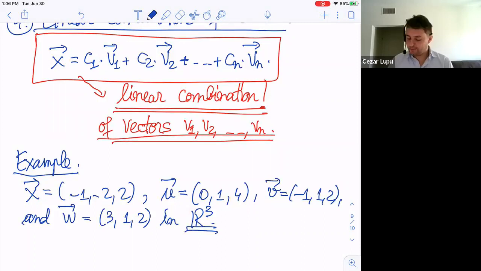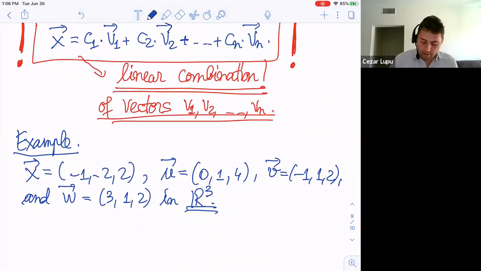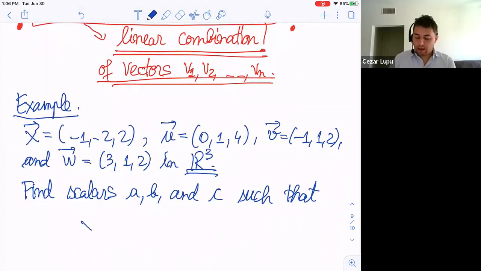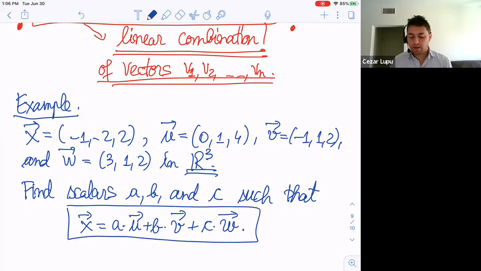And now we're asked the following. Find scalars a, b, and c such that this vector x is a times u plus b times v plus c times w. In other words, I could have said it directly: